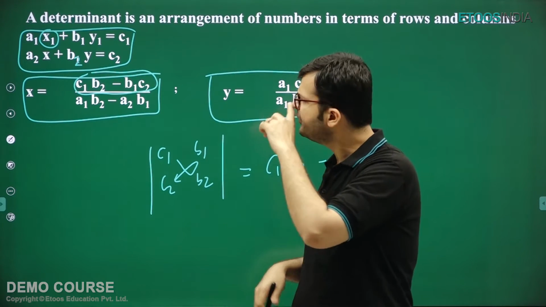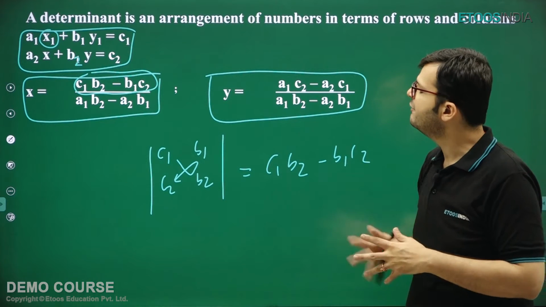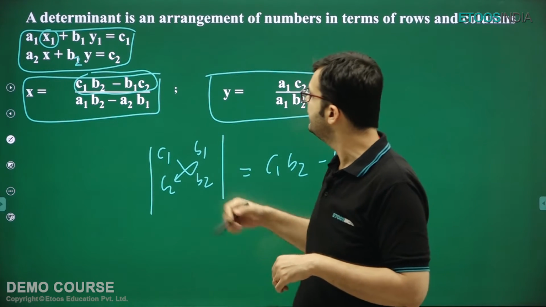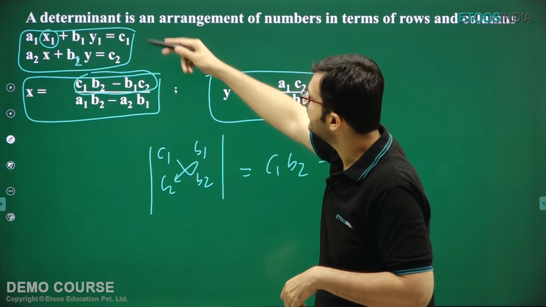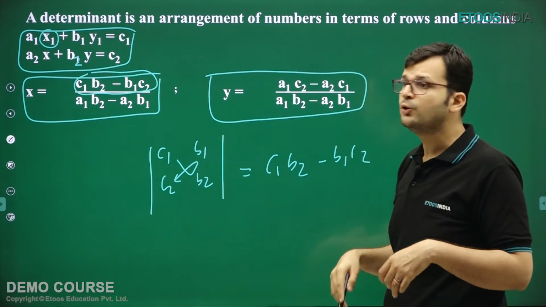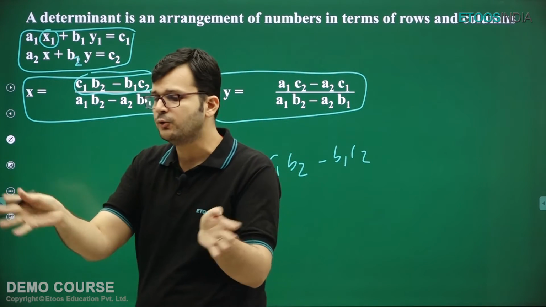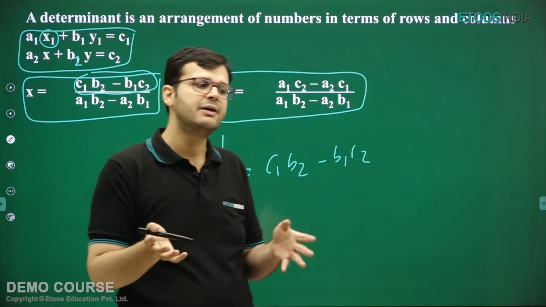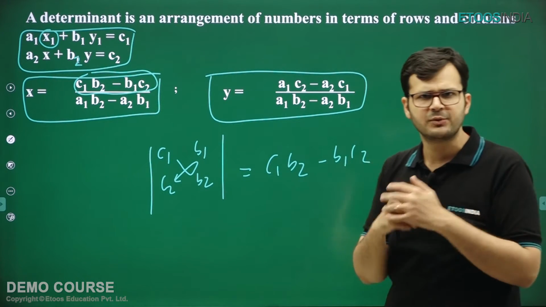We will be studying this in greater detail at the end of the chapter. How have we reached this determinant? It is also very, very easy. Simply, b1 b2 is coming from these coefficients and c1 c2 is coming from these constant terms. So when the algebra of determinants was invented and expanded in many different ways, it became very, very easy for people to write, memorize and communicate the complicated expressions.